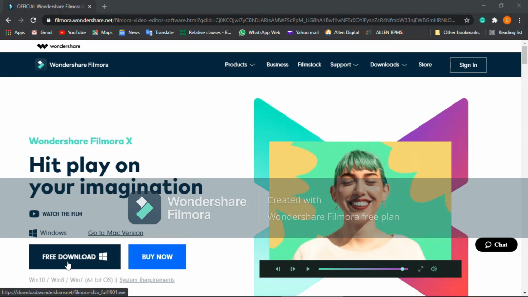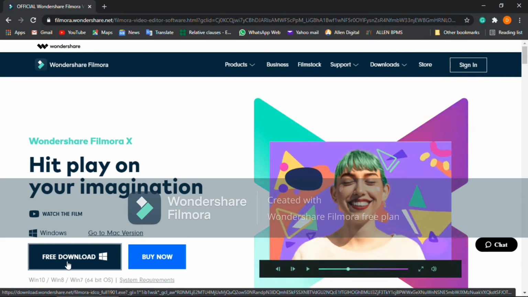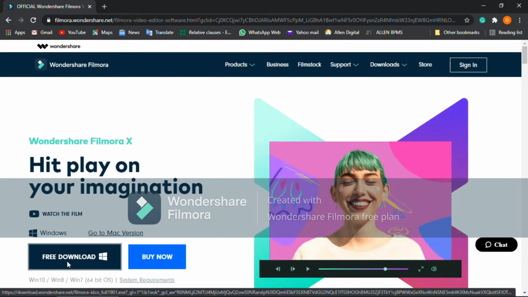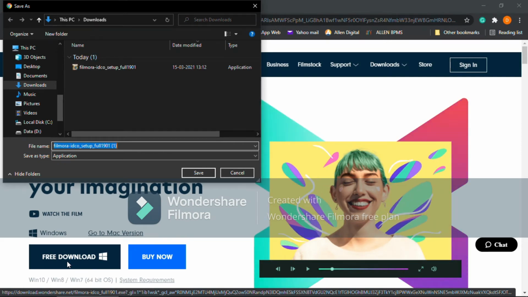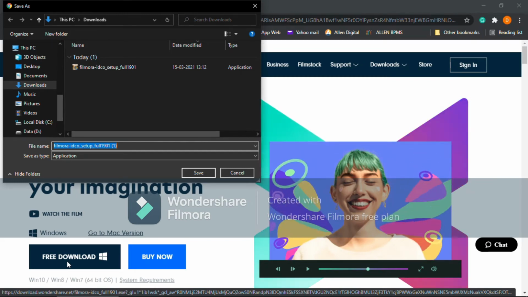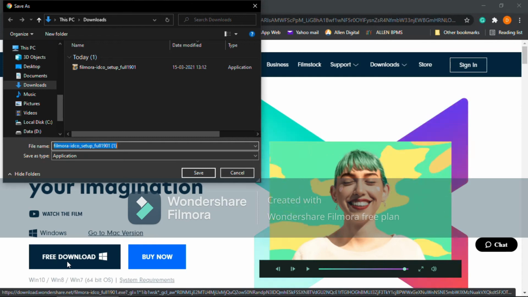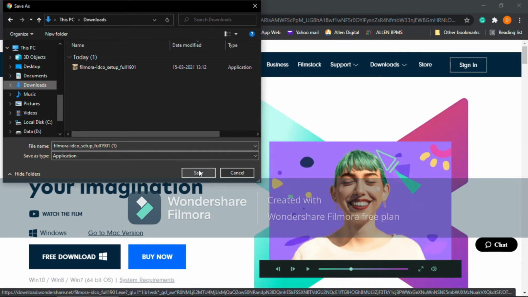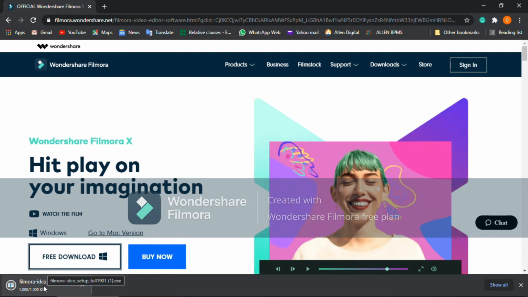So I will now click on free download, and you need to also click here. After you click here, the download application will start to download, and a save as dialog box will appear on your Google Chrome if you have changed the settings of Google Chrome to a default location. And if you have not changed the settings, then it would directly download to your downloads folder. So I will select downloads folder and save. So as you can see, the download has started and finished also.